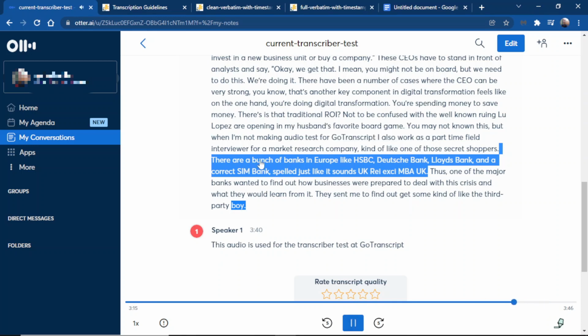There are a bunch of banks in Europe, like HSBC, Deutsche Bank, Lloyds Bank, and Gotranscript Bank, spelled just like it sounds, UKREXIMBANK. So,